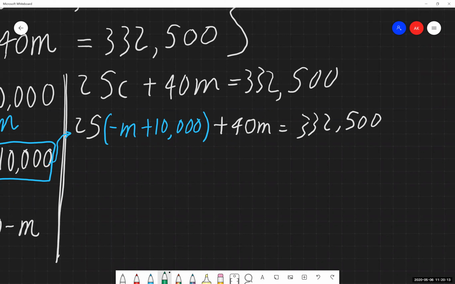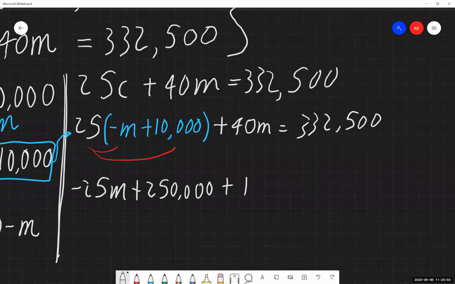And to do this, we're now applying the rules and everything that we learned from 3.5. So this 25 out front is going to distribute through to everything. I'm just differentiating the colors a little bit. So I have 25 times negative m. It's going to give me negative 25m. 25 times 10,000. And I'm going to plug that into a calculator because mental math. I'm getting 250,000. And then plus 40m is equal to